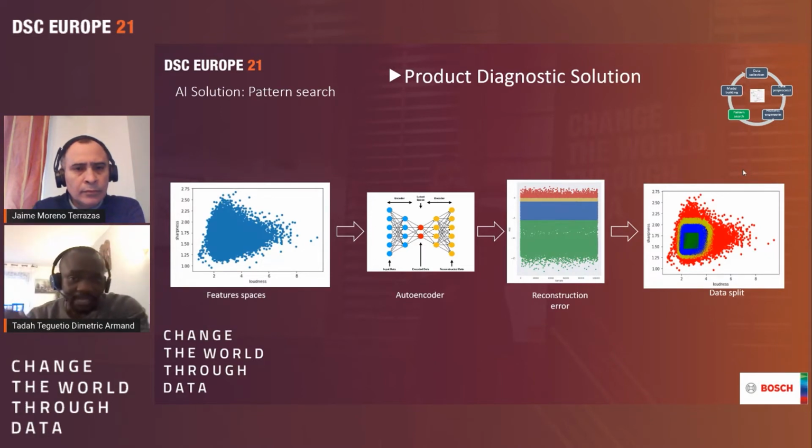So, correct. This is what you see, for example, here on the left side. This is our feature space, right? In our feature space, as I say, we built many features. Here you see, for example, scatter plots of the loudness that we use as a main feature, and also the sharpness. Both are our main features, but we also have other features that we use, and we fit those features